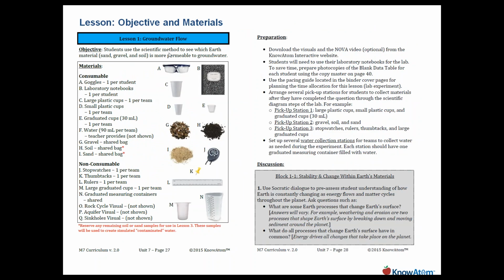What you come to next is the lesson. You'll see the objective, the materials. These are all the materials that are in that package that we looked at earlier. Okay, and that is